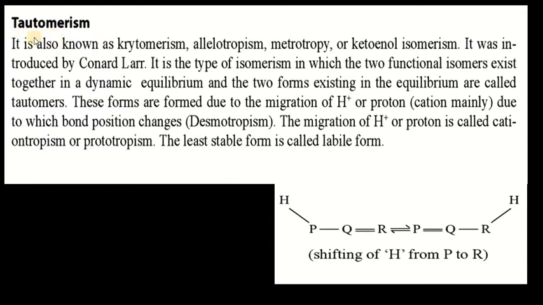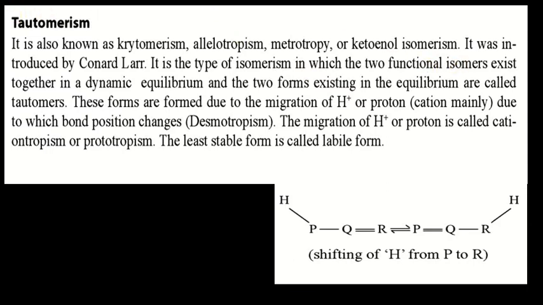Tautomerism. What do you mean by tautomerism? It is also known as cryptomerism, allelotropism, metatropy or keto-enol isomerism. So different kinds of names are there for this. It was introduced by Carl Laar. It's a type of isomerism in which the two functional